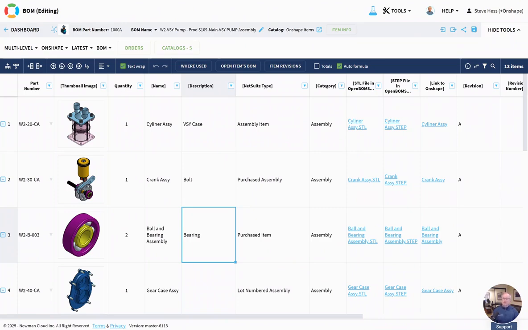So here's my bill of material. So I want to start focusing on a few things. And we're going to kind of look ahead here. But I've got a property in here called NetSuite Type. It's something OpenBOM supports. And I've identified what type of item that this particular part or assembly will become in